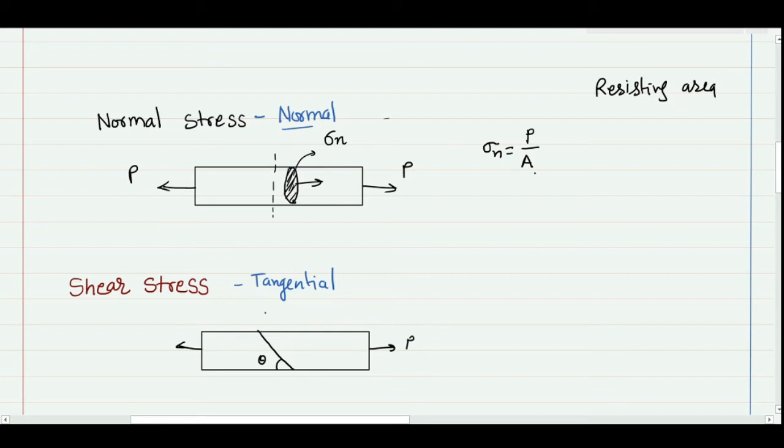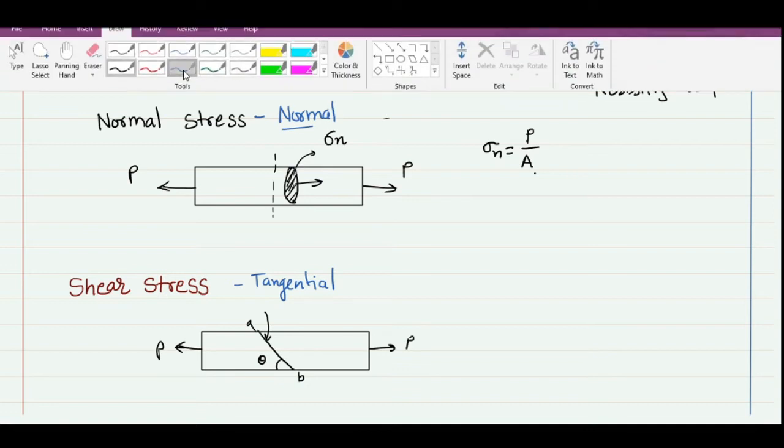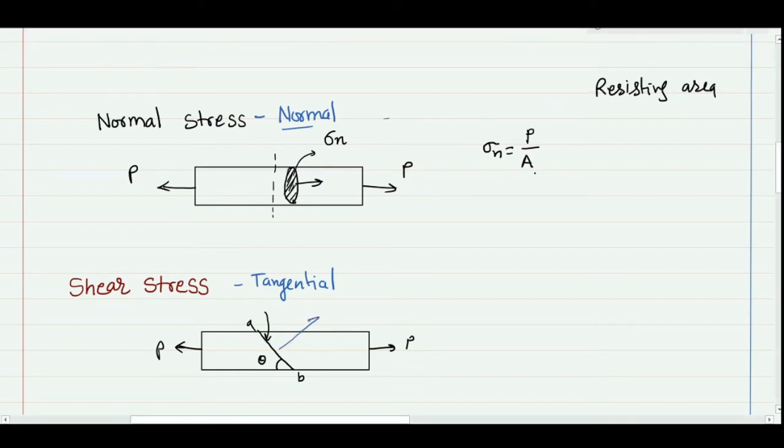If I am interested to find the resistance offered by this oblique area, let this be the AB area, which is at an angle theta from the horizontal direction. Now what will happen? Because of the P load, I can define two components of P on this area AB. One force which is perpendicular, another force which is tangential. These two forces will define two types of stress. If I put Pn by the cross section of this area, and let us assume the cross section is A naught, my normal stress on this AB plane will be P normal divided by A naught.